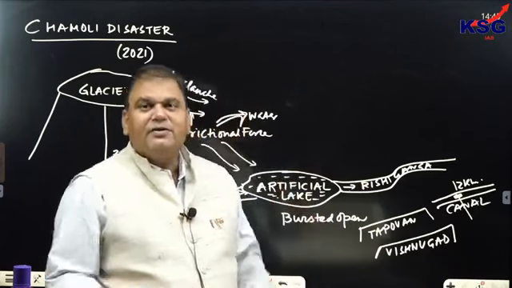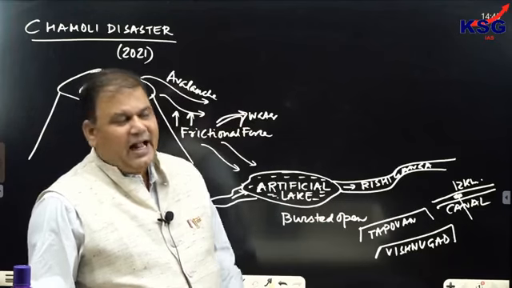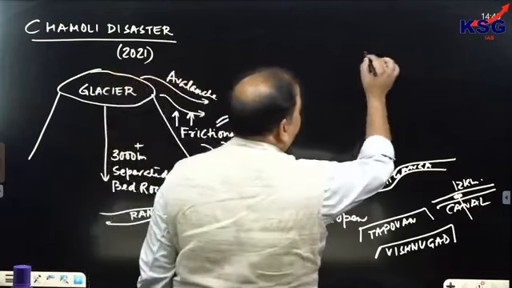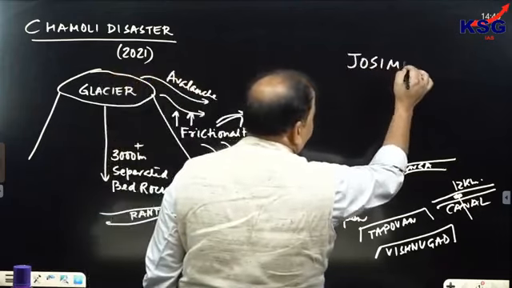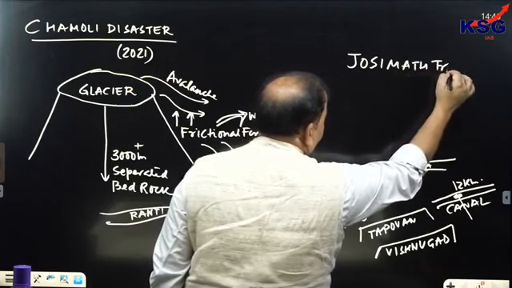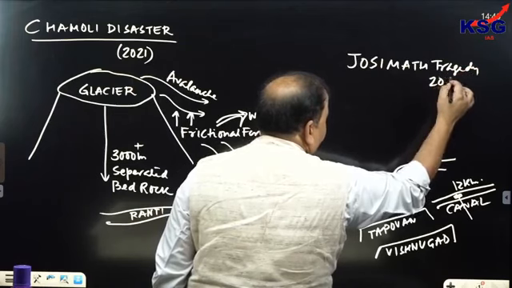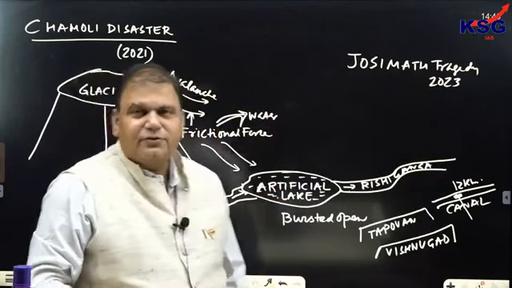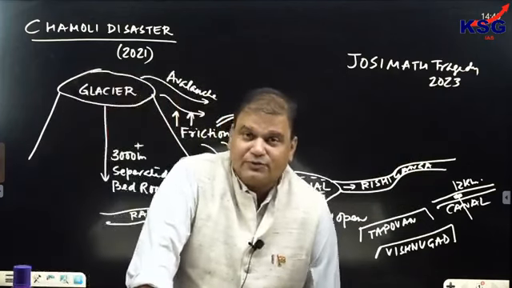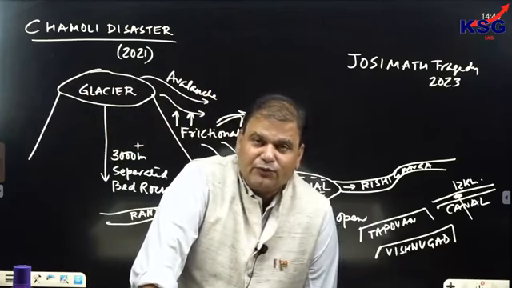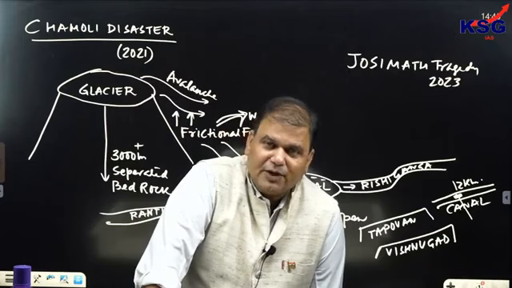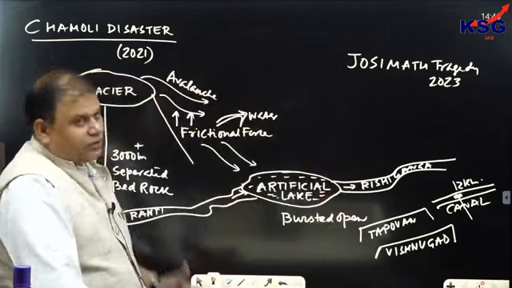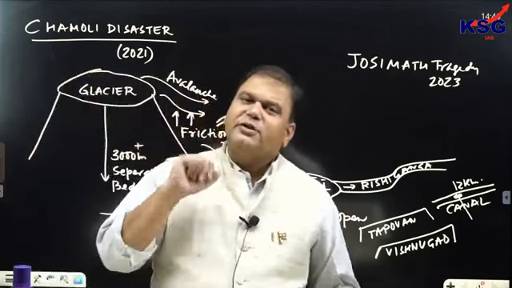So cracks developed in Joshimath, and from the cracks on the road, muddy water started to gush out. This led to the Joshimath tragedy of 2023. So the Chamoli disaster is the main reason behind Joshimath. Cracks developed on the walls because of the blasting, and from the cracks on the roads, muddy water started to flow out. And when this muddy water started to flow out, the Joshimath tragedy occurred.